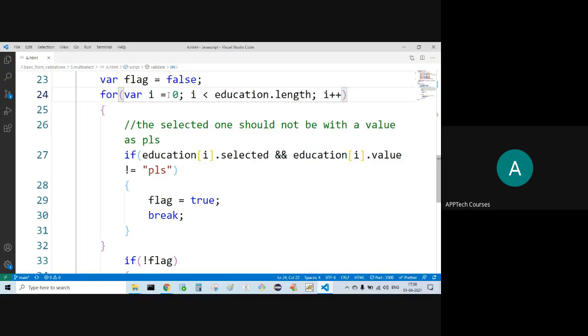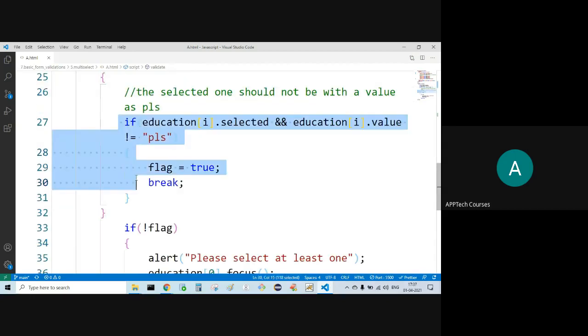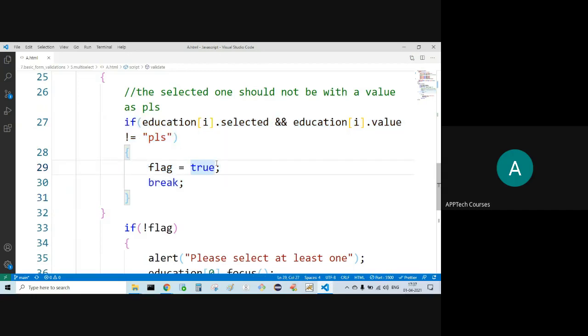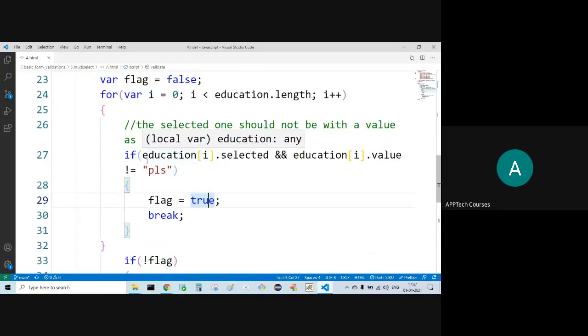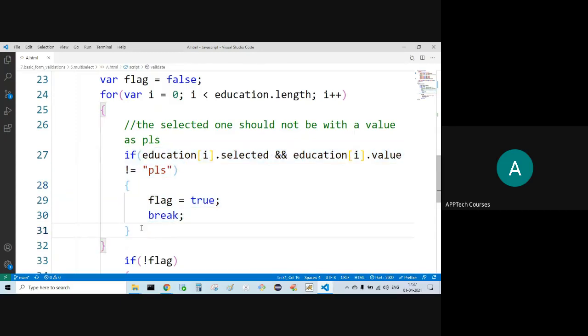Now, I is equal to 0. That option only got selected, and education of I, that value not equal to PLS. Whatever I have selected, that should not be PLS. If it is PLS, what happens? This won't be executed. Go into another iteration if there is another option.